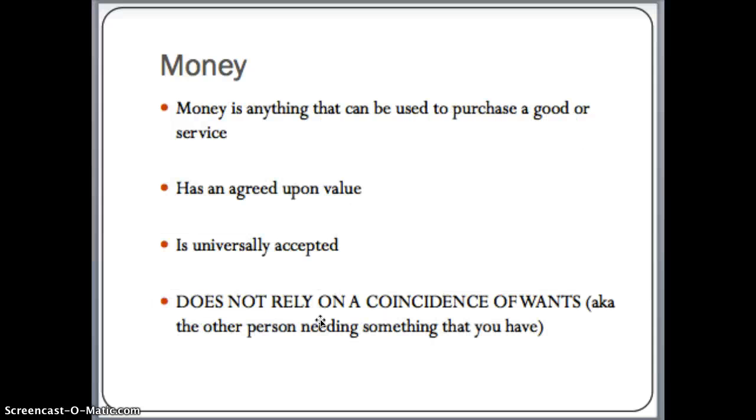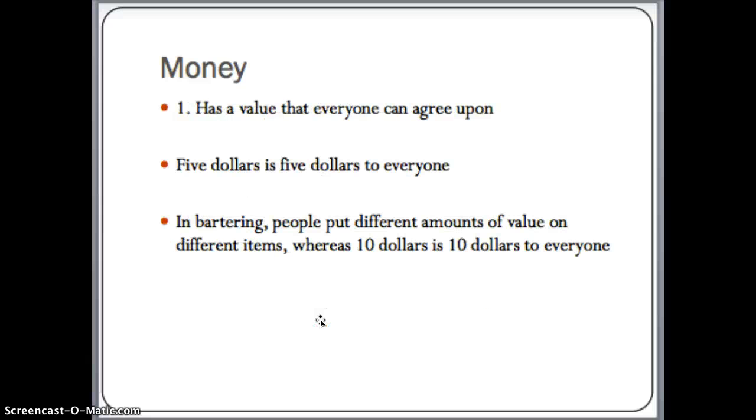And that brings us to our definition of money. So money has its value for three reasons. Money does have a value that everyone can agree upon. Money is accepted everywhere, and money does not rely on two people wanting the same thing. For example, money has a value that everyone can agree upon. No matter who you are, no matter what you do for a living, no matter where you are, $5 is worth $5 to you. In bartering, people put different amounts of value on different items, where $10 is $10 to everyone. Let's go back here